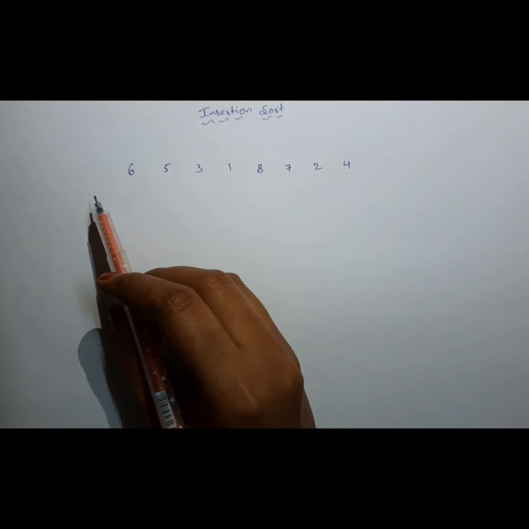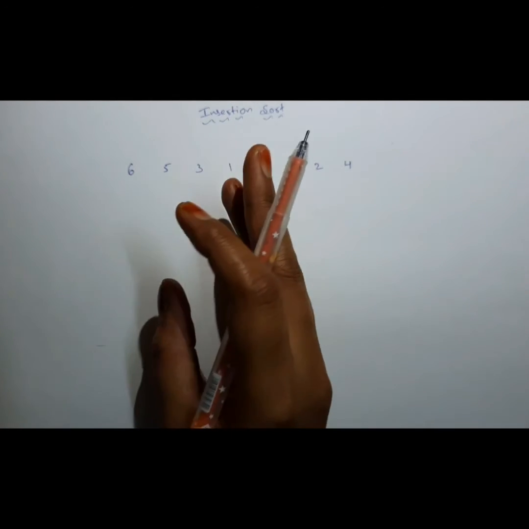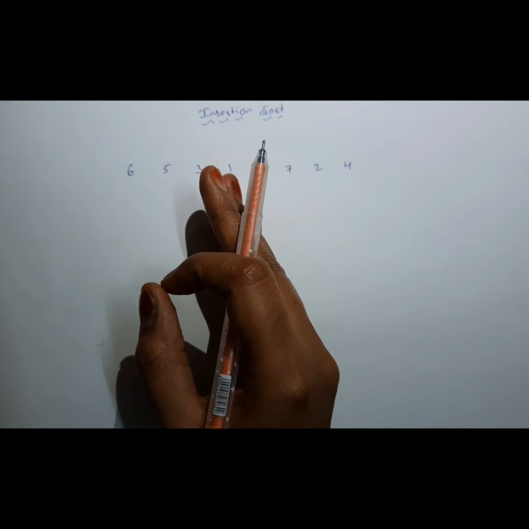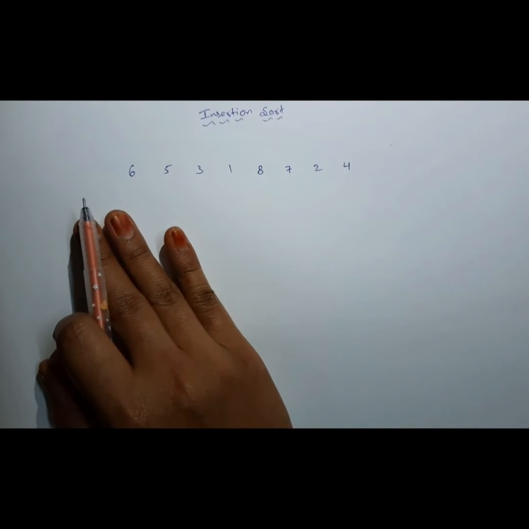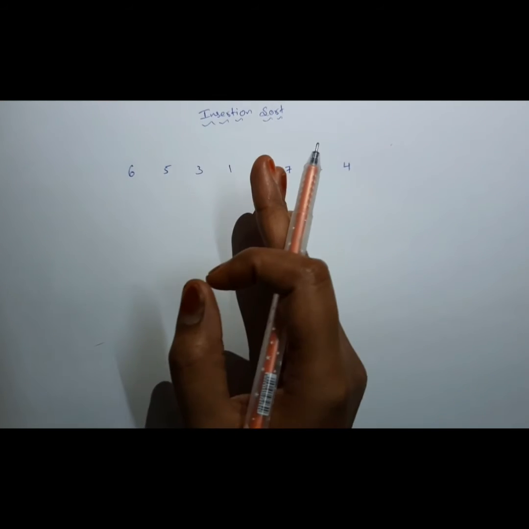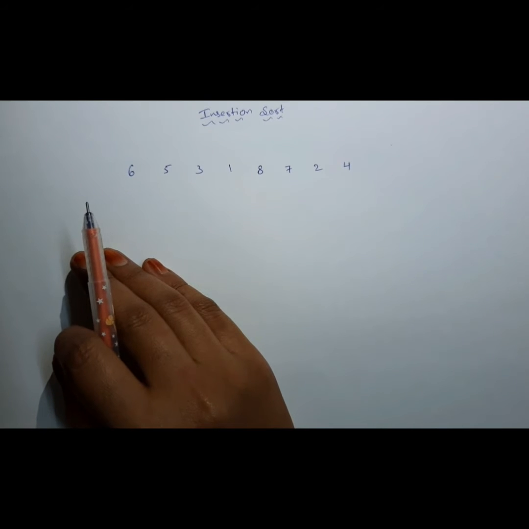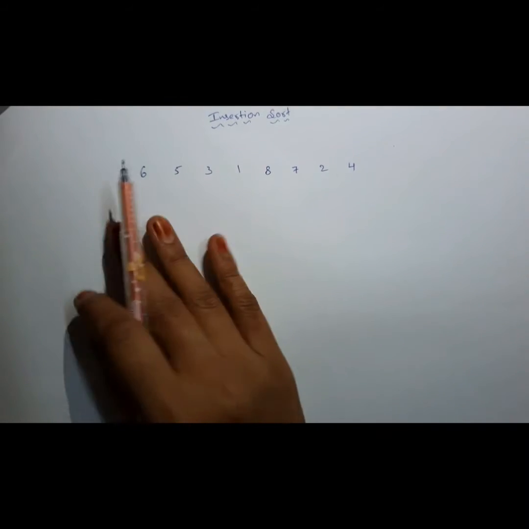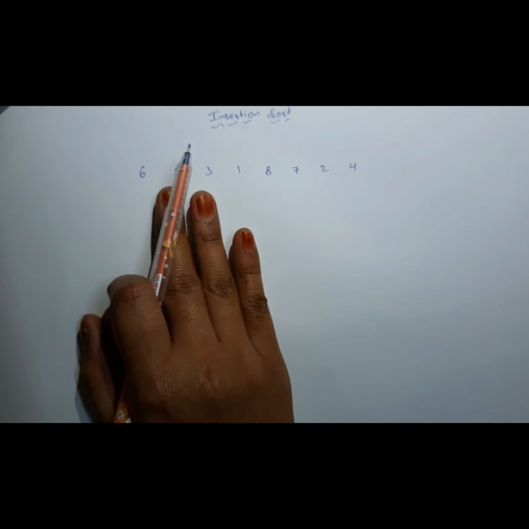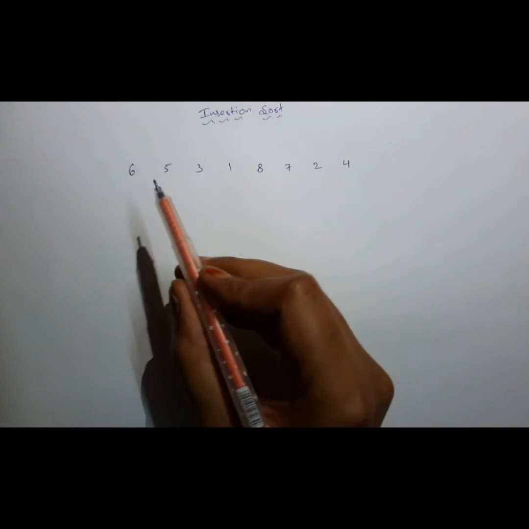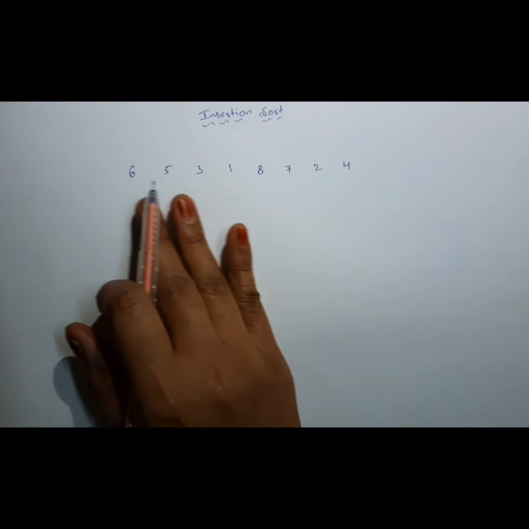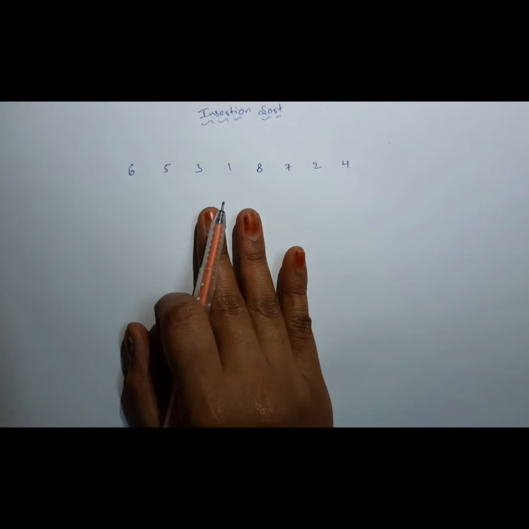In this insertion sort technique, we will have two different types of list. One is the sorted list and the second one is the unsorted list. In the sorted list, we will have the items which we sorted earlier, and in the unsorted list the remaining elements will be present. Okay, these are the given list of elements, and by using these elements we need to perform the insertion sort operation, and we need to take all these elements into sorting order.